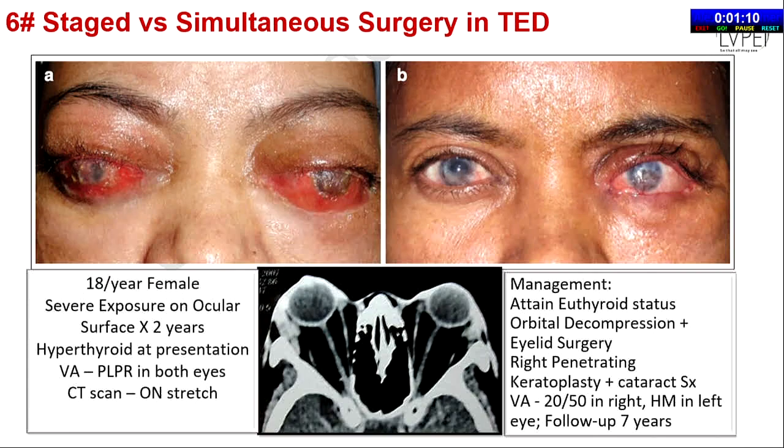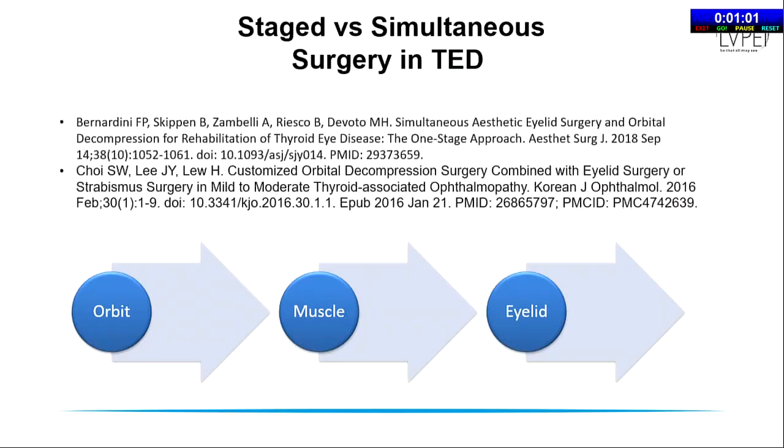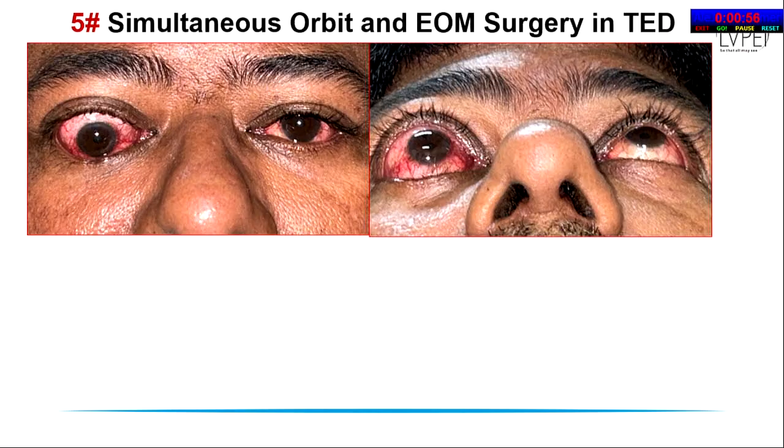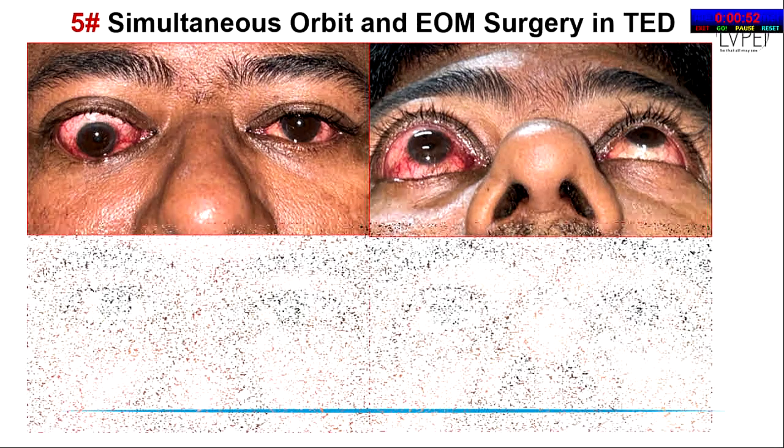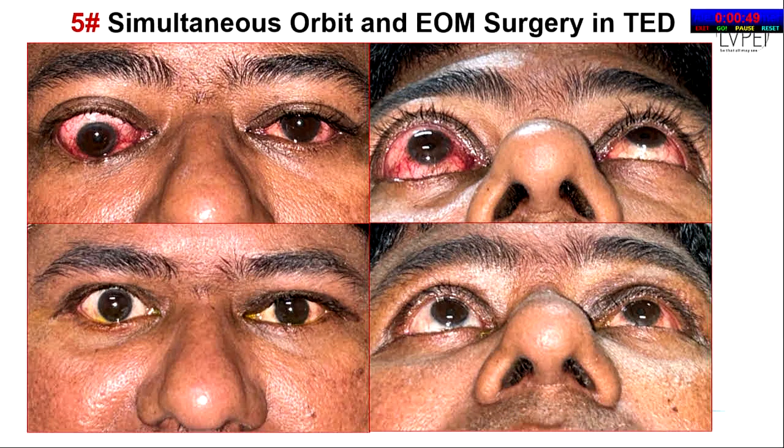Last, you're talking about staged versus simultaneous surgery, something that we get stimulated for. We obviously know patients who need very long-drawn rehabilitative surgeries to correct them, and that's what we have always known: orbit, muscle, eyelid. Essentially, now there is a concept that you could have simultaneous surgeries, and this is one particular patient. We are just learning, but essentially you not only take care of the orbit but also the muscles. He had a sequential decompression, but the muscle surgery is done along with the decompression.